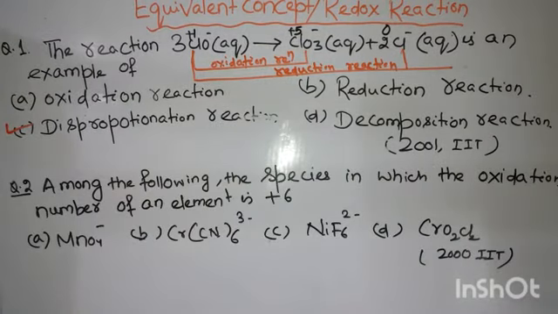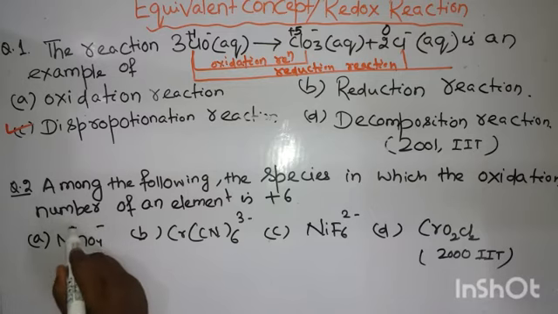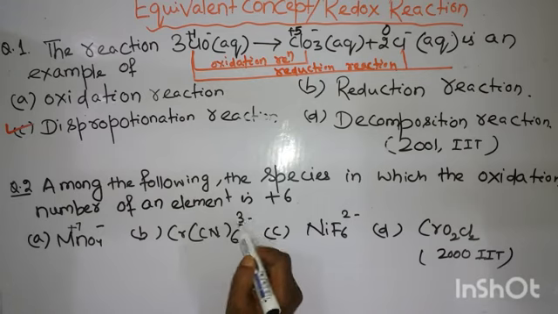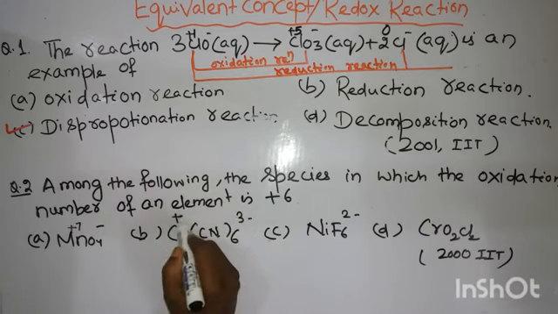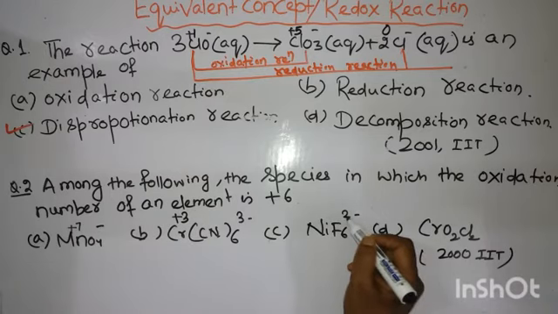This is question number 2. Among the following, the species in which the oxidation number of the element is +6. The only thing here is to calculate the oxidation number. Here the oxidation number of manganese will be +7, then +8, and this will be -3, +6, and the oxidation number will be +3, and this will be -2, +6, that will be